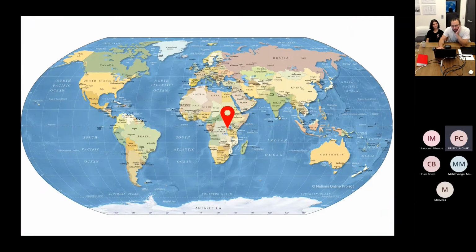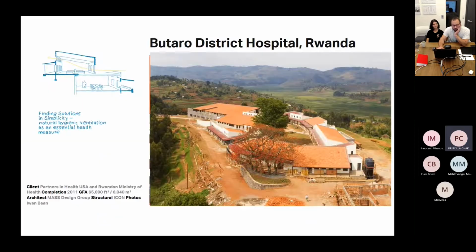Okay, I want to talk about another project in Africa that we did a few years back. It's a hospital in Rwanda. And this was done with, the architect was Mass Design, one of our first projects with them. They've done a lot of projects in Africa. We've been involved in a few more with them over the years. But this project was kind of the first one, and